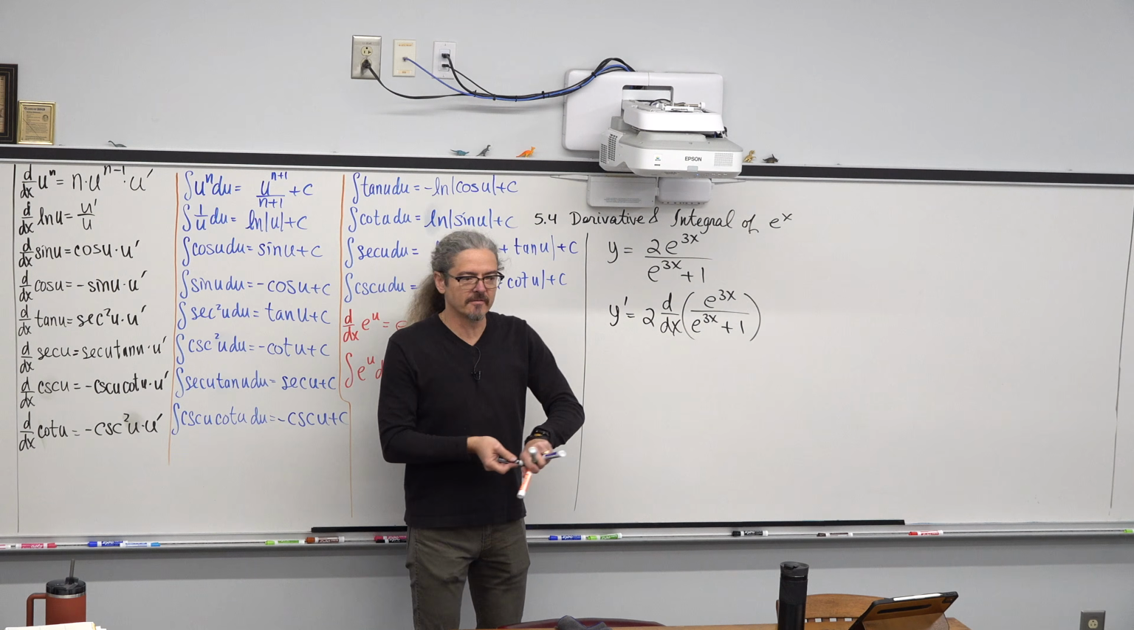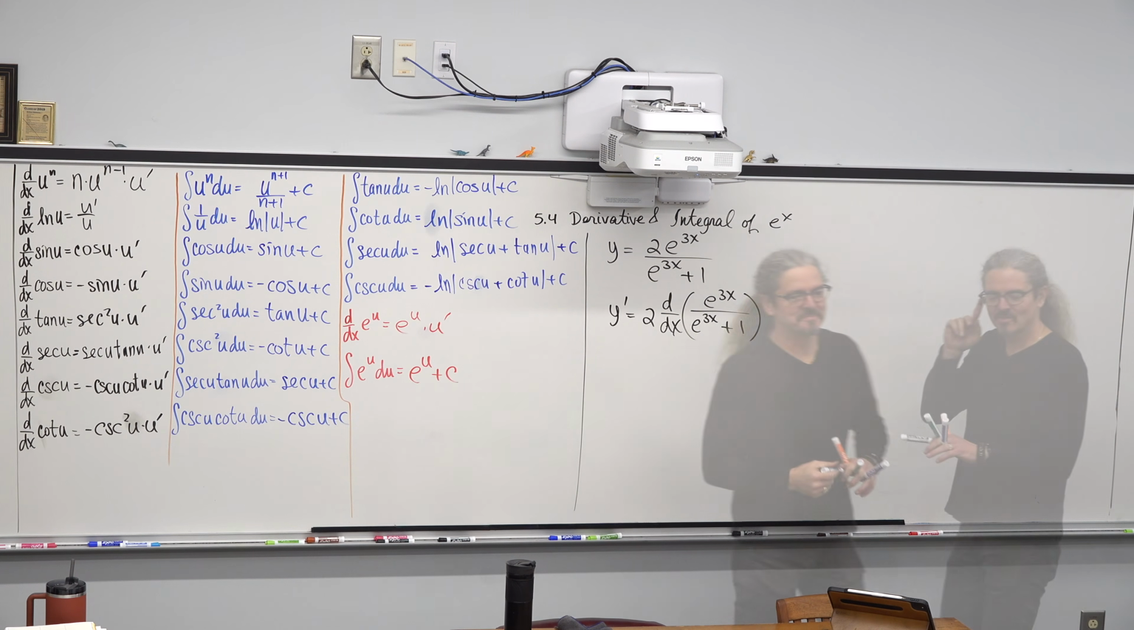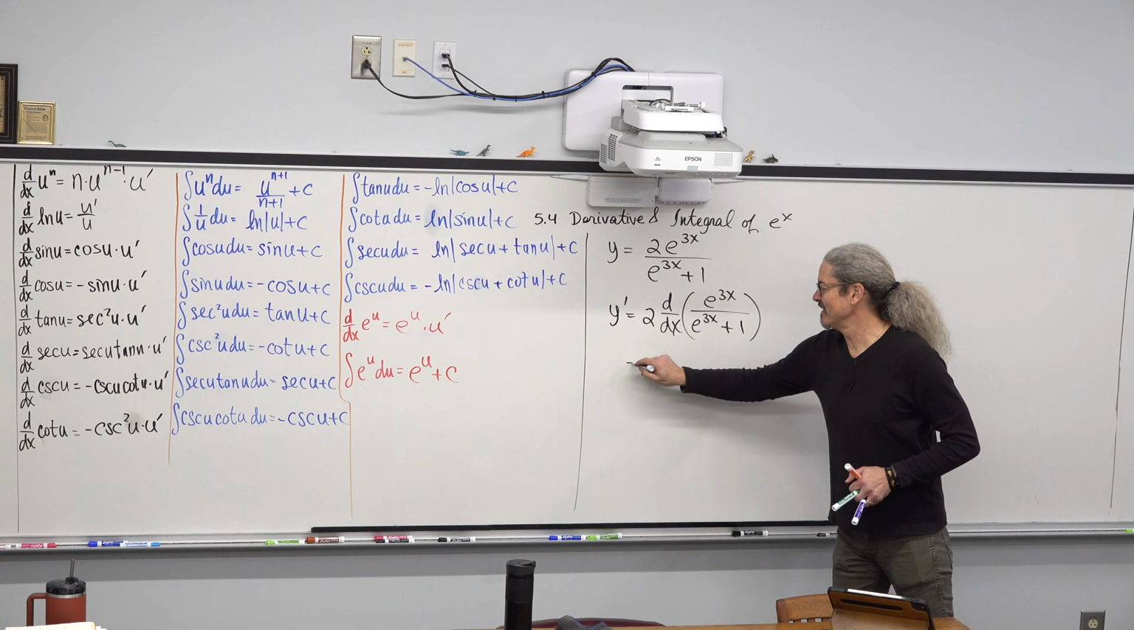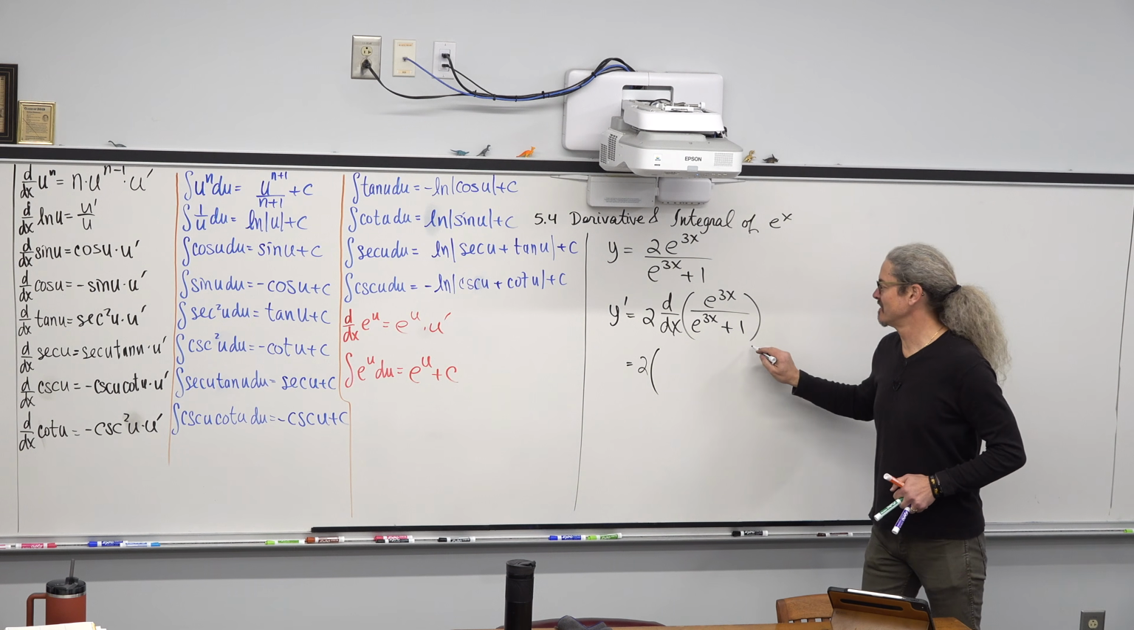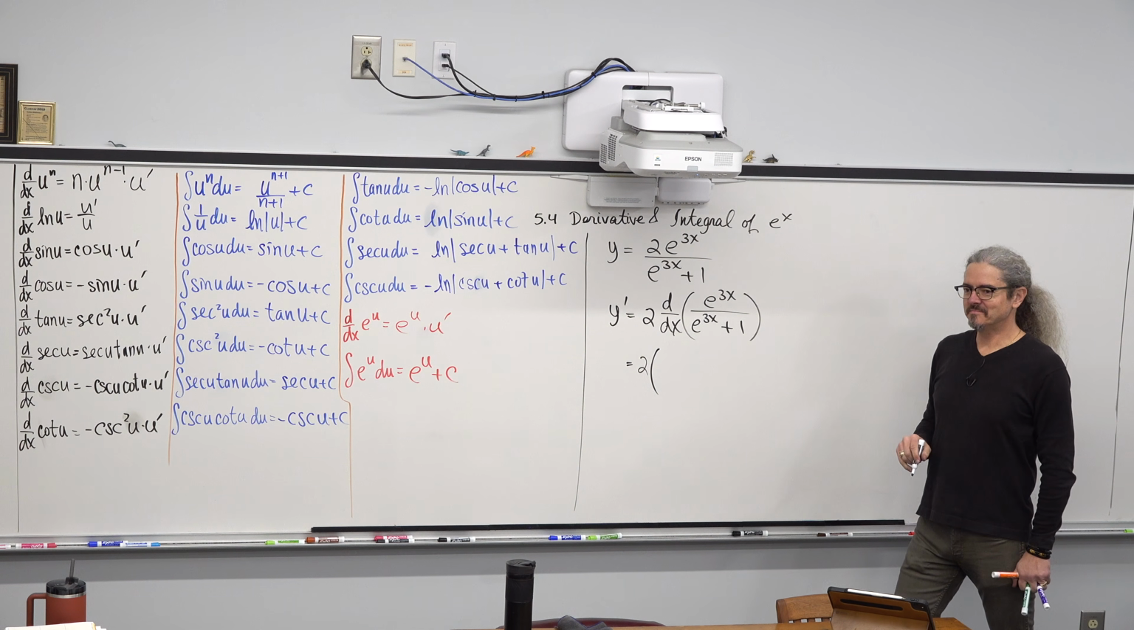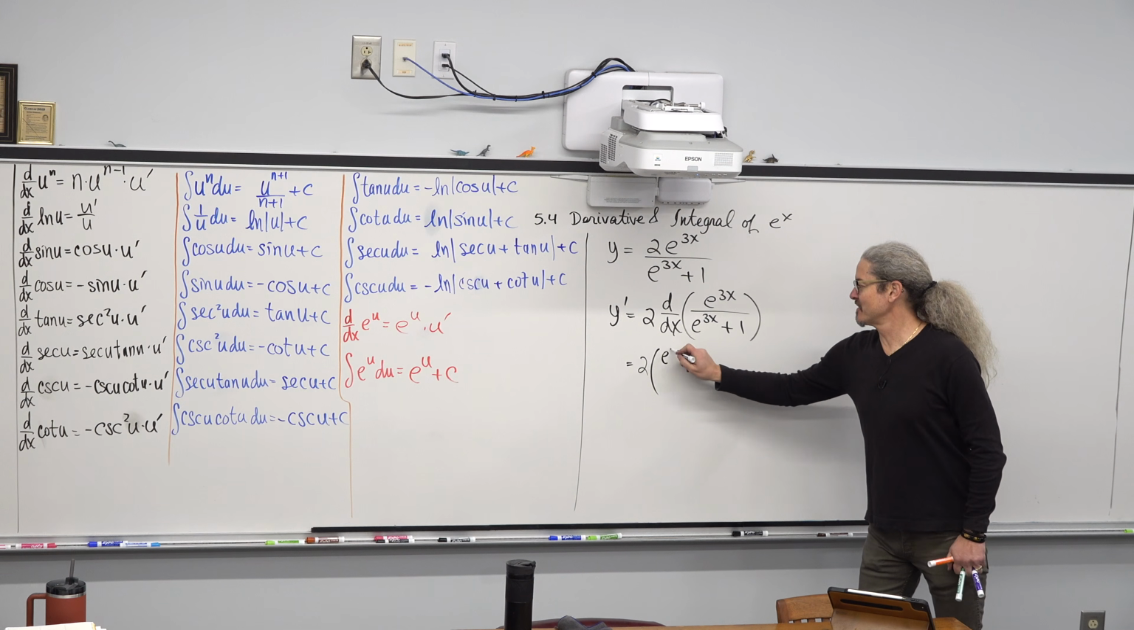All right, give it a shot. Somebody tell me what to do. Yes, quotient rule. So then we have 2 times, Lo d Hi, e to the 3x plus 1 times